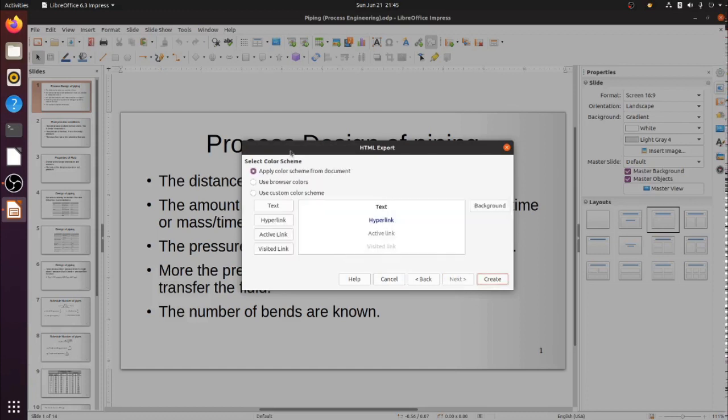Click Next. Now it asks you what color scheme do you want. That is, I will take Apply Color Scheme from the document. One can use the browser colors also, and one can use custom colors also. When we choose custom colors, we can go to all these buttons that we have, that is text, hyperlink, active link, visited link, and we can set the colors for them. But for now, to make this demonstration straightforward, simple and quick, I take Apply Color Scheme from the document and